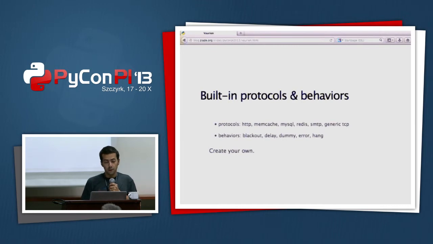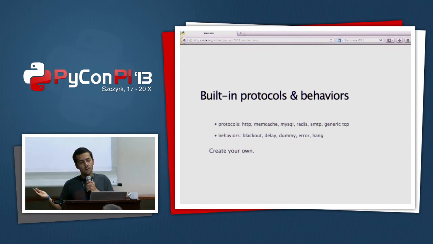Here they are. So we have HTTP, Memcache, MySQL, Redis, SMTP. And we also have the generic TCP one, which basically sucks all the data in the socket and sends it back. And when the response comes back, suck it and send it back to the front.